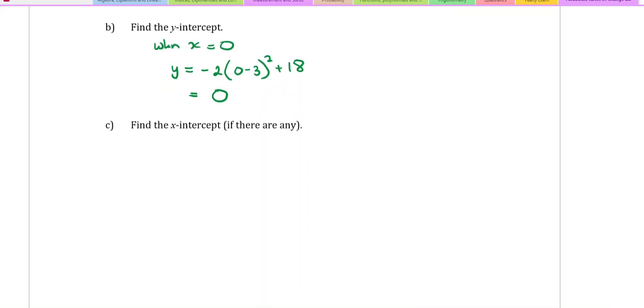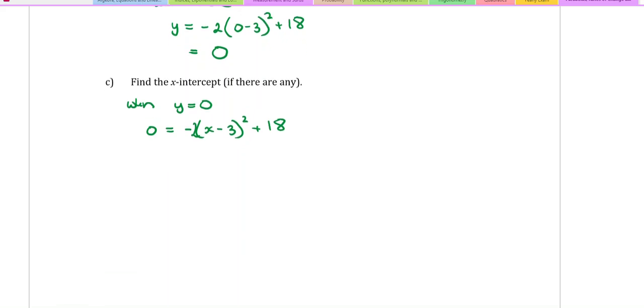Find any x-intercepts if there are any. The x-intercepts are when y is equal to 0. If I put that into my equation, I will get 0 equals minus 2 bracket x minus 3 squared plus 18. Sorry, there should be a 2 in there. So I'm going to move that negative 2 with the bracket. I'm going to move all of that over to the other side so that it becomes positive. Then I can divide the 2 away